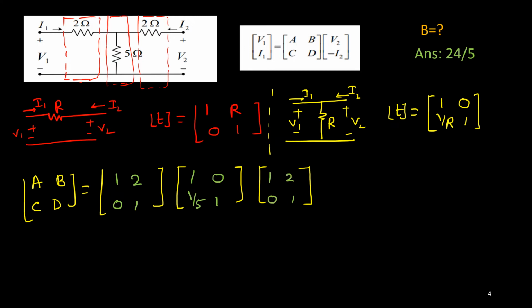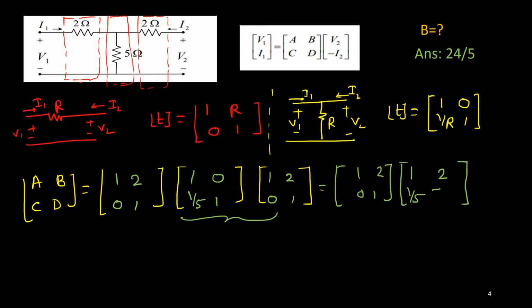and 0. First I can compute this one, so I'll keep 1, 2, 0, 1 as it is. Then if you combine these two, 1 times 1 plus 0 is 1, then 2 plus 0 is 2, then 1 by 5 plus 0 is 1 by 5, then 2 into 1 by 5 plus 1 means 2 by 5 plus 1, which is 7 by 5,